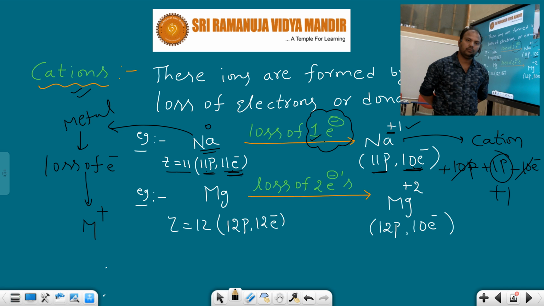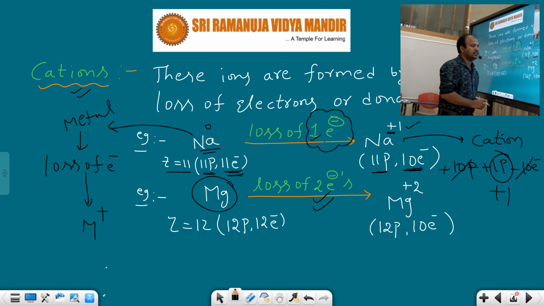I hope you could understand this concept. After that, take another metal, magnesium. Metals are always capable of losing electrons. Here the magnesium metal has the tendency to donate 2 electrons. Why does magnesium donate 2 electrons? If magnesium donates 2 electrons, it attains stability. Understood? So whenever magnesium loses 2 electrons, loss means positive charge. How many electrons does it lose? 2 electrons. That's why +2 charge. Compared with the magnesium atom, magnesium +2 is more stable.